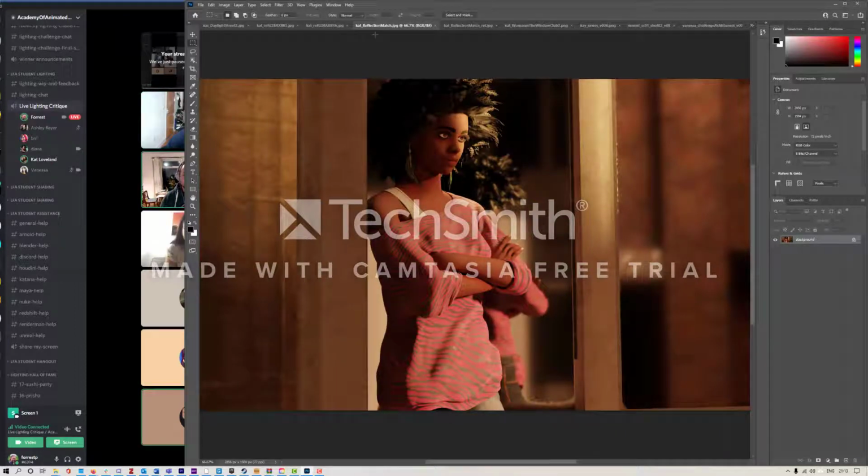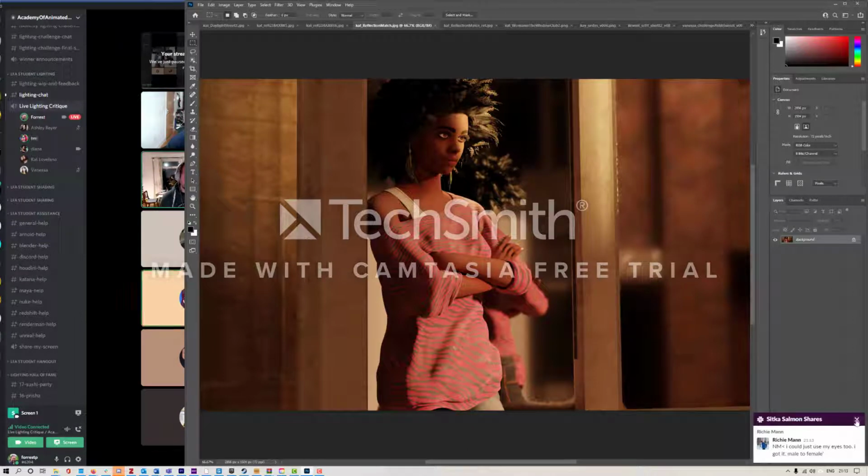Yeah, I totally agree. I actually have the specularity cranked all the way up on her, and for some reason it's not doing what it's supposed to. I think it's more of a texture thing. You might have a setting in one of the files that has to be checked. I just don't think it's getting any. And when you say specularity